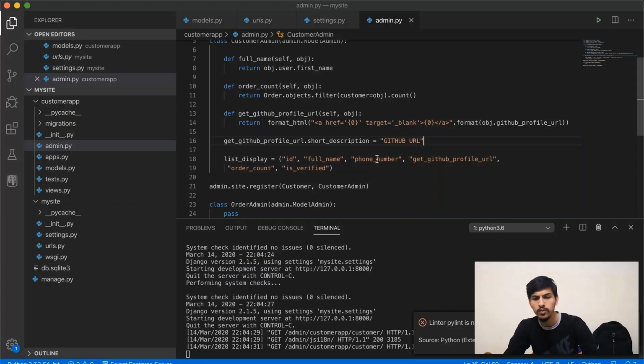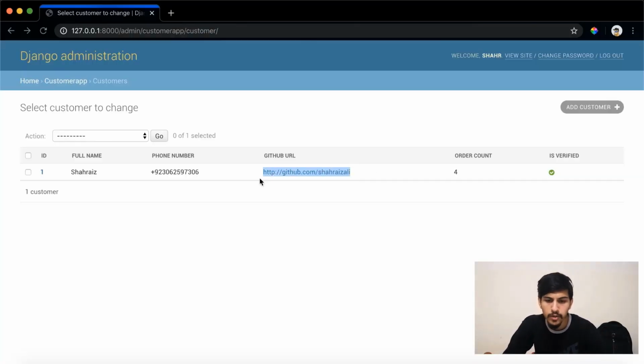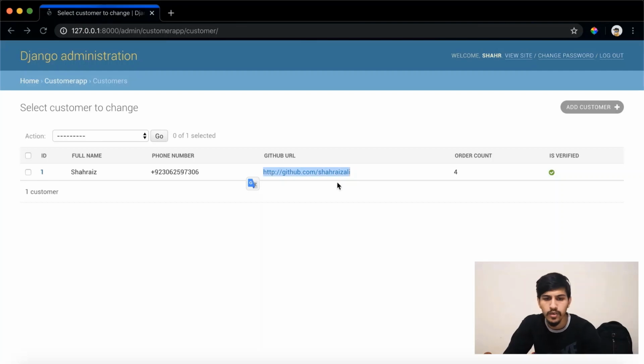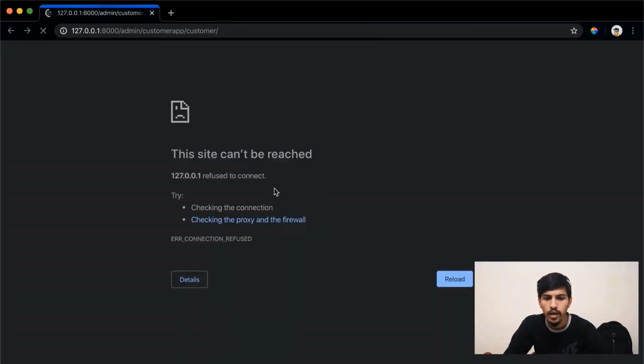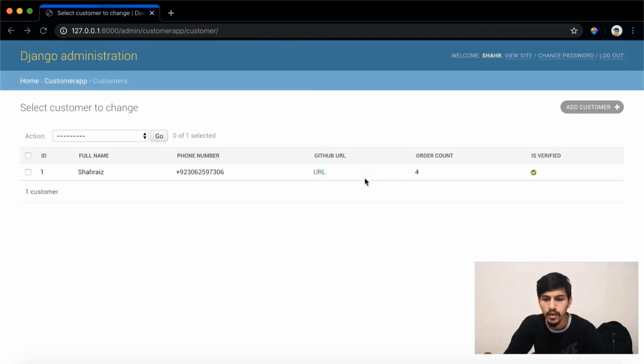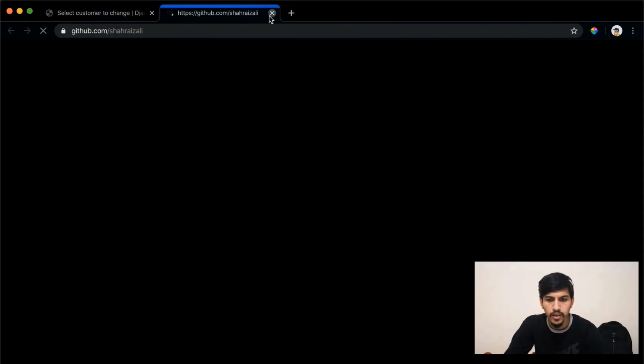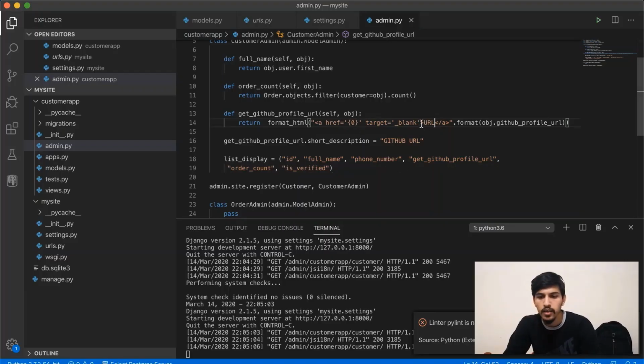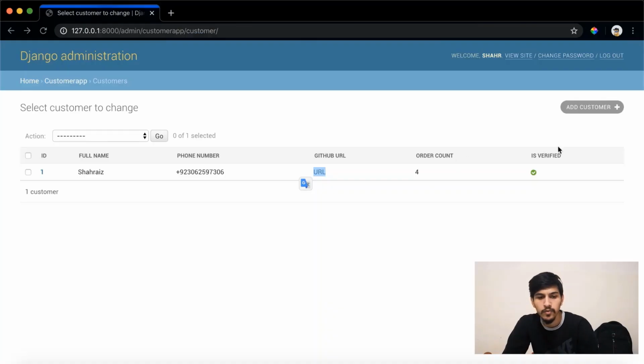We can also do like showing a static object here, like maybe saying something like URL, just to make sure the URL of the GitHub is not very long, which messes up the other UI here, right? So we just add a static word here, and the href is actually the URL, which takes us to that URL. We can also change the UI of it however we want by adding custom styles as well. A class, like Django comes with this button class,